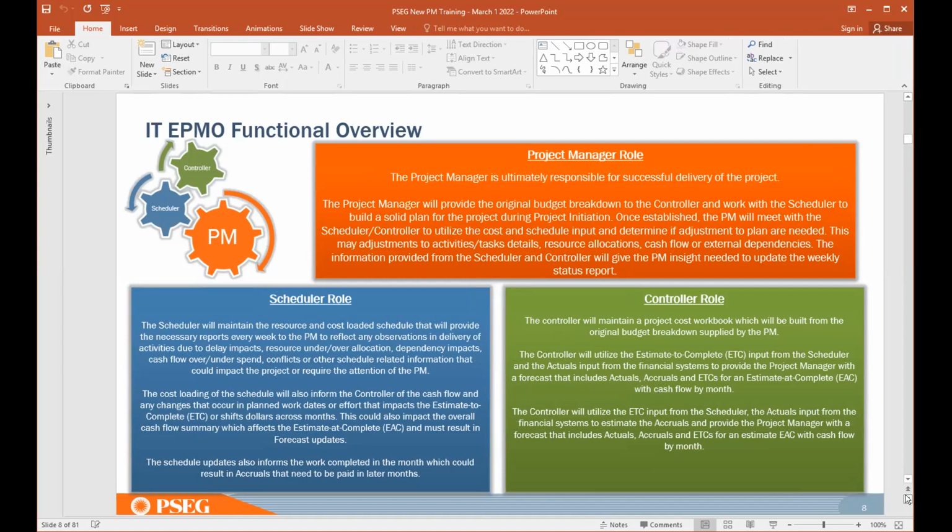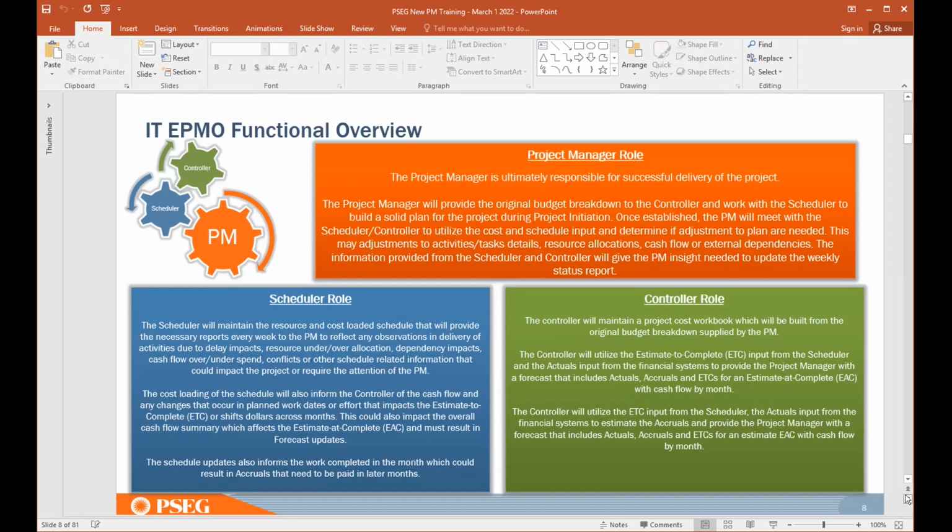So the team the project manager will be having is one is a scheduler and the other is the controller, along with the project teams. Okay, the technical team, testers, we're not talking about that. We're talking about from the project EPMO perspective. These are the three main roles that we are focusing on, that we bring in skilled resources and support the various projects with those skilled resources. We expect these resources are skilled enough to pick up the PSEG processes quickly and roll them up into the